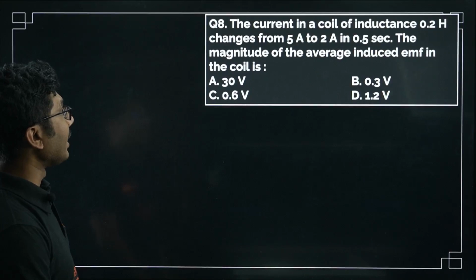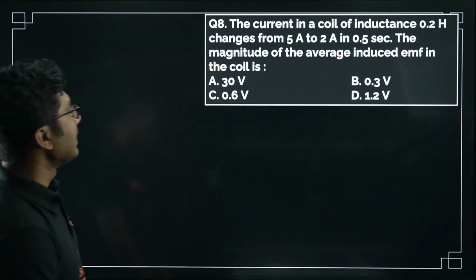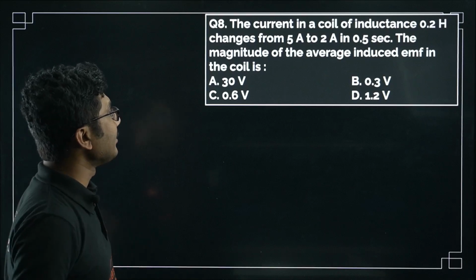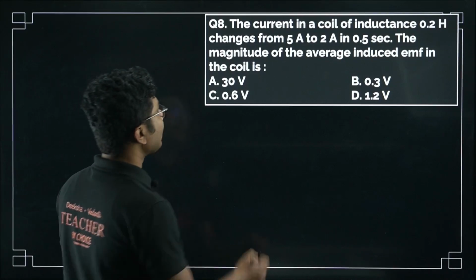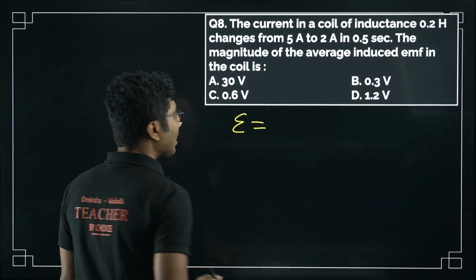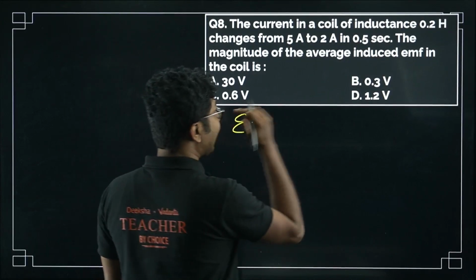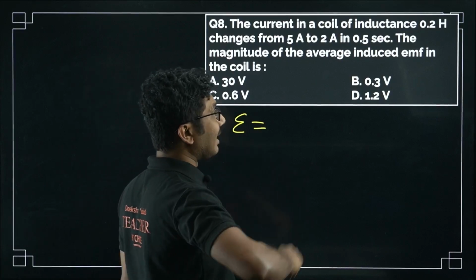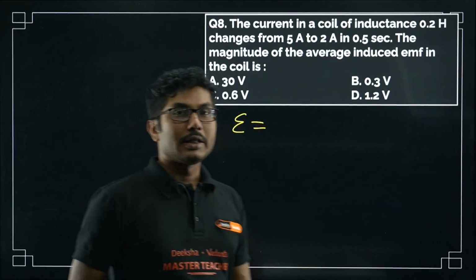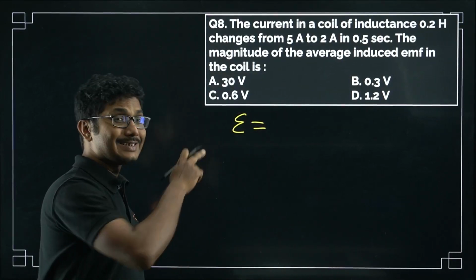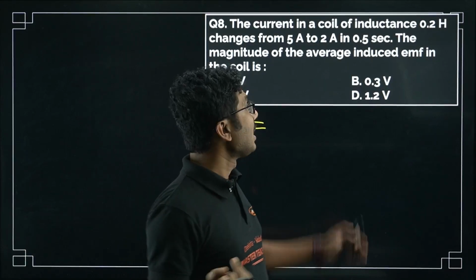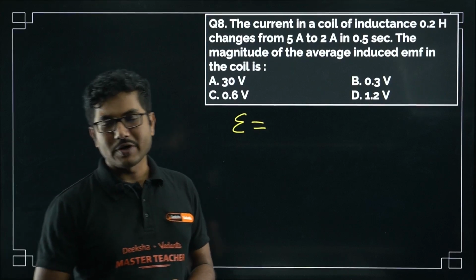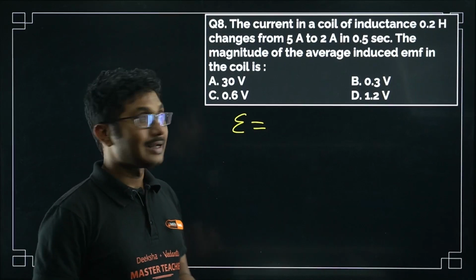The current in a coil of inductance 0.2 Henry changes from 5 ampere to 2 ampere in 0.5 second. The magnitude of the average induced EMF. So as you can see, a lot of questions are coming from this average induced EMF. We can expect at least one question from this concept only. So practice BVL related concepts, this motional EMF, that is BVL is motional EMF. Then we have either of the induced EMF questions, epsilon is equal to d phi by dt, or directly inductor related questions where self